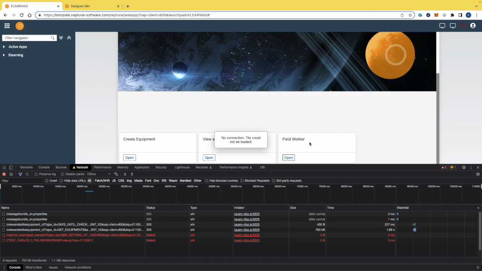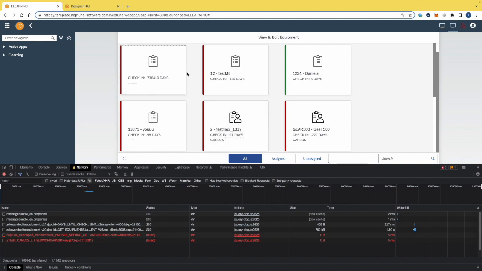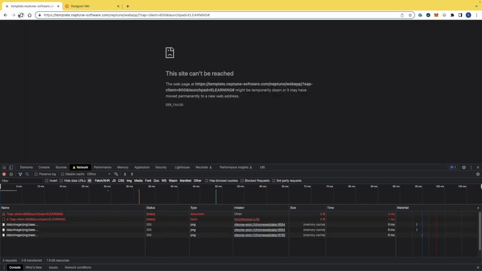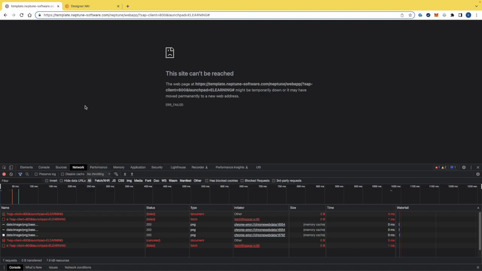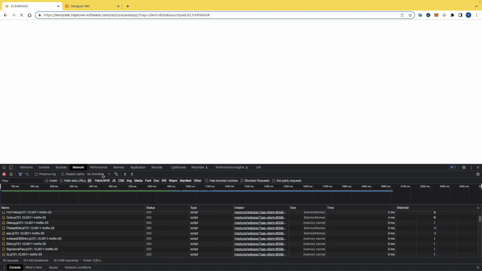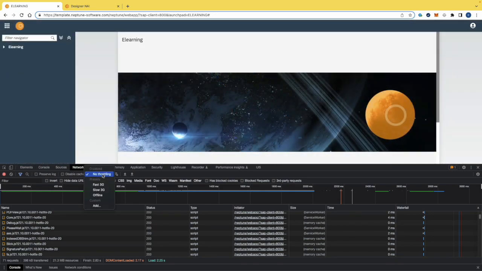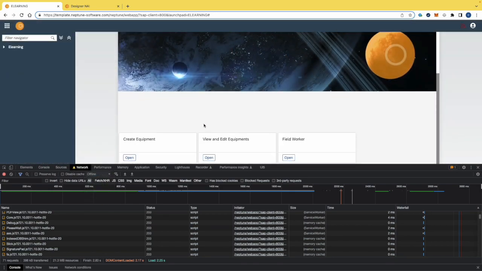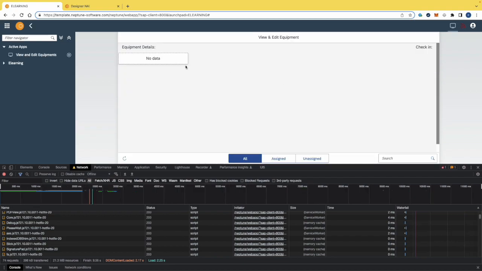This is also something that we can do with the app cache load in order to guarantee that the user has all the data and all the applications that he needs to perform the tasks. As you can see on the view and edit equipment, we have the information even offline. Let's refresh the browser, disable the internet again,